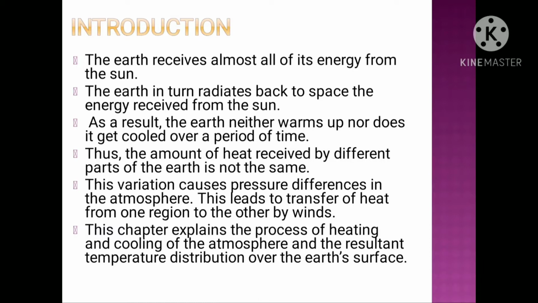Thus, the amount of energy received by different parts of the earth is not the same. This variation causes pressure differences in the atmosphere, and this leads to the transfer of heat from one region to the other region by winds. This chapter will explain the process of heating and cooling of the atmosphere and the resultant temperature distribution over the